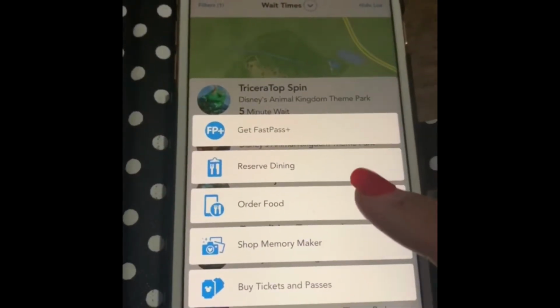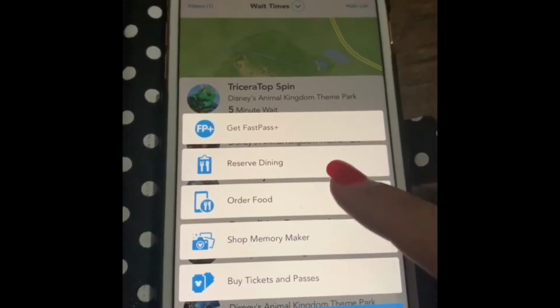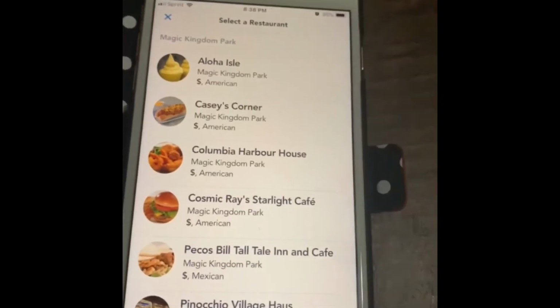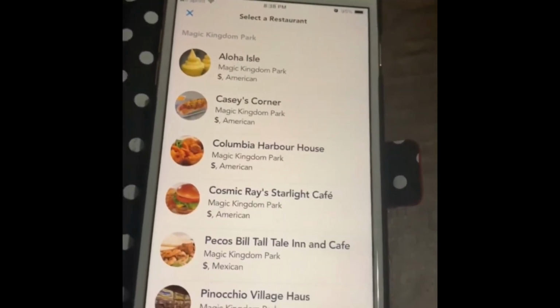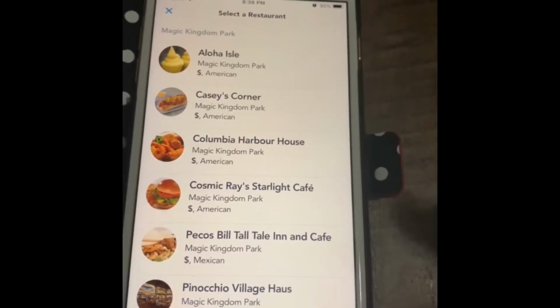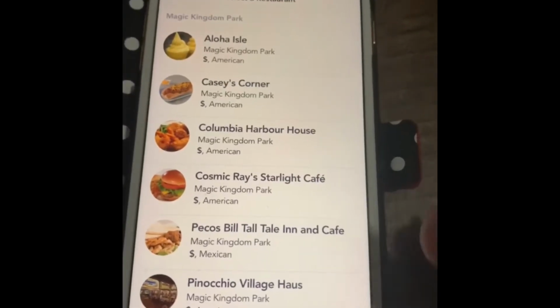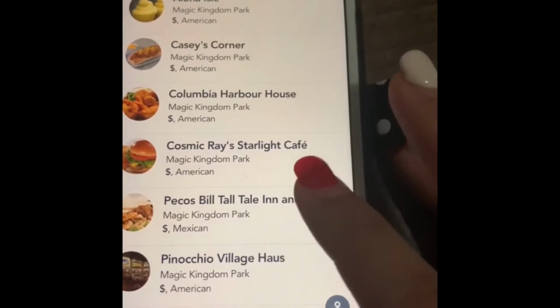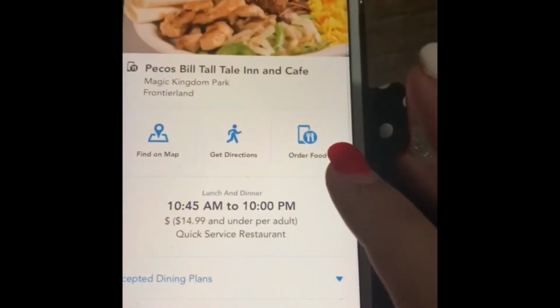Okay, so the last thing, and again, one of the most important things, is ordering food online. If you're like us and we have 4 in our family and we all want different things, but we're hot and we just want to sit down because we've been going around all day, this is awesome. So let's do this one because it's one of our favorites. So Pecos Bill's,